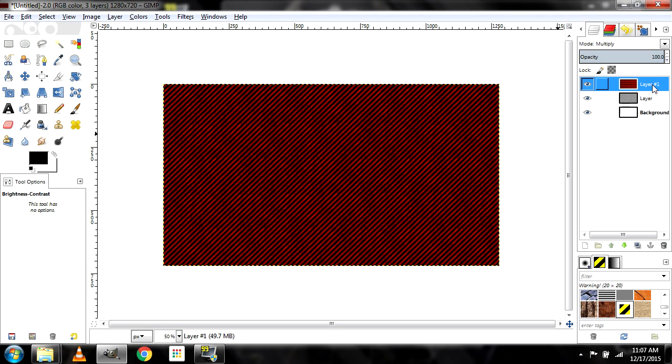So I'm going to go ahead and name these layers. You can double-click on the name area of a layer to give it a name. This is going to be background stripes, because it's got the background stripes. And this one, we're just going to call it background paper because that was the